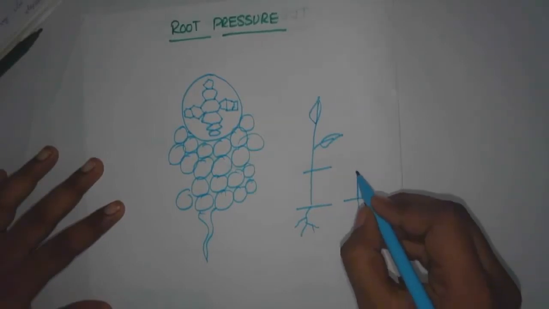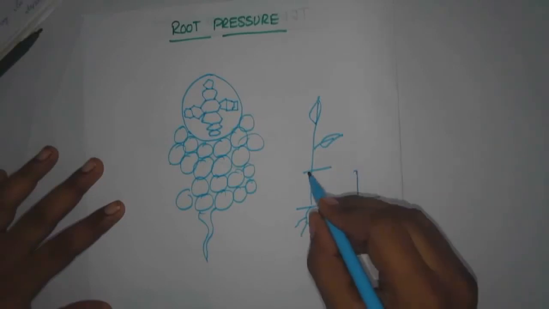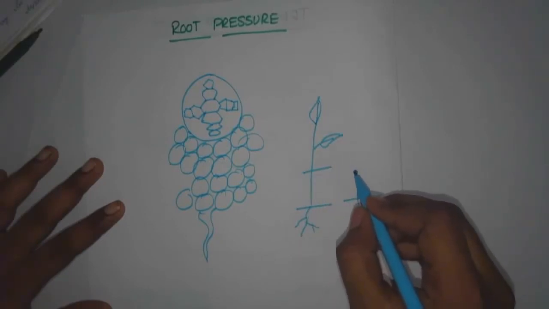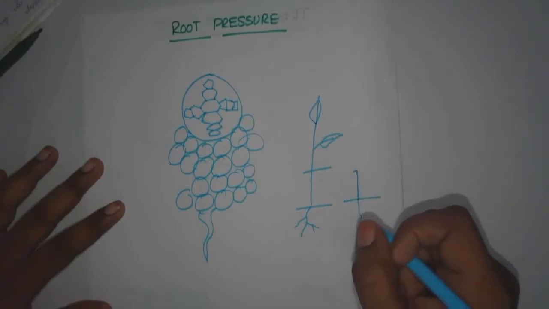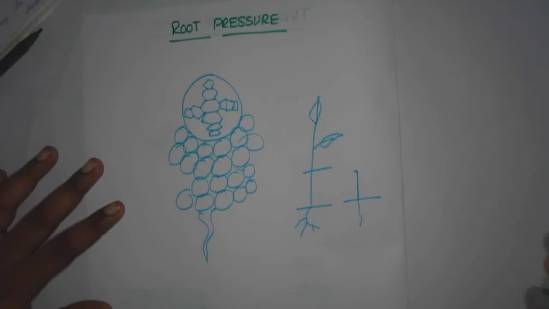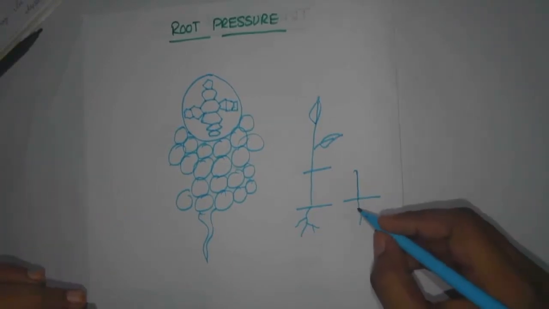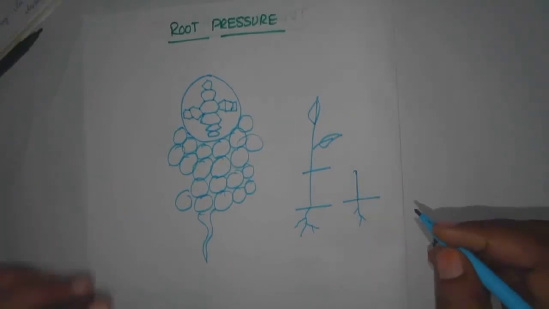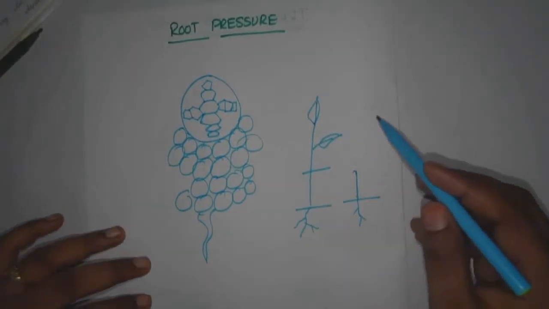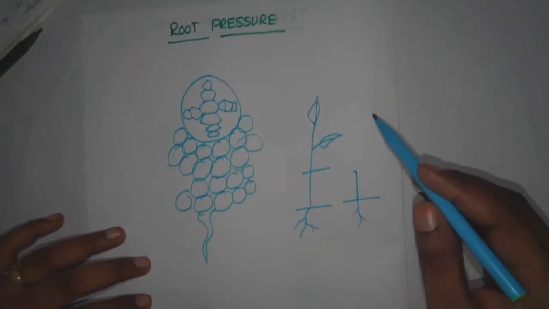What will happen? When you are cutting the root, when you are cutting the plant body, they excrete some of the water, right? So that is the major theme of root pressure. Here the root shows some pulling movement of the water. They transport it to the uphill part of the plant body.